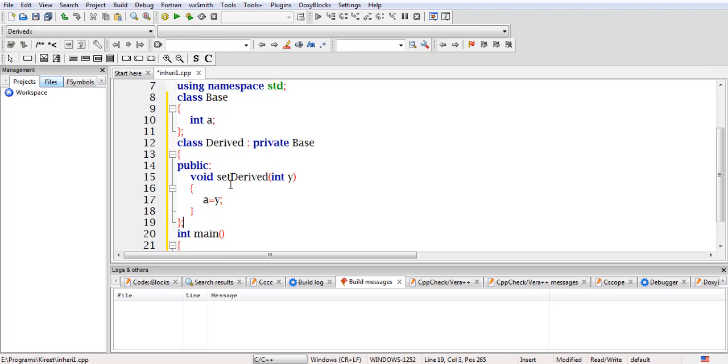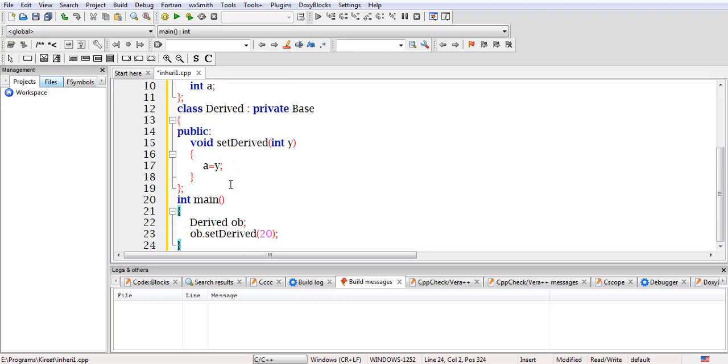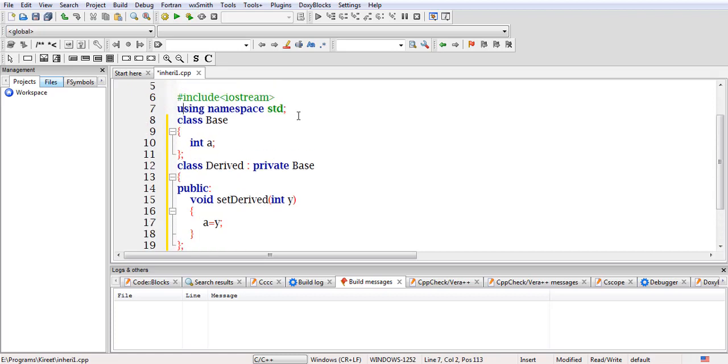Now what is being interpreted in this program: this derived class is inheriting the properties of its base class in private mode. You have to remember the figure number 2 that I discussed in my earlier lecture. So before watching this lecture, kindly memorize the concept of the different visibility modes, or take out your copies and draw that particular figure. On the basis of that figure or diagram, try to analyze this code.